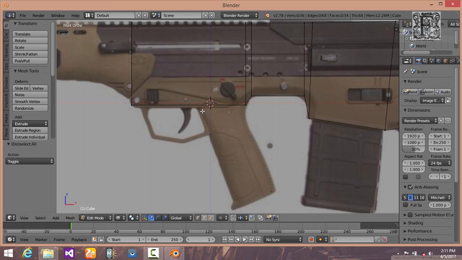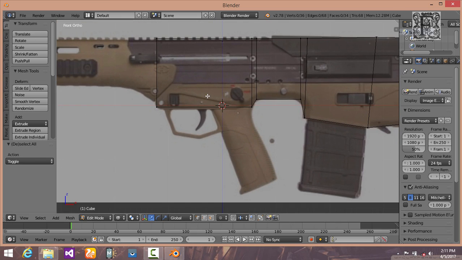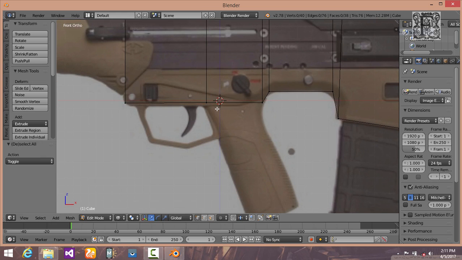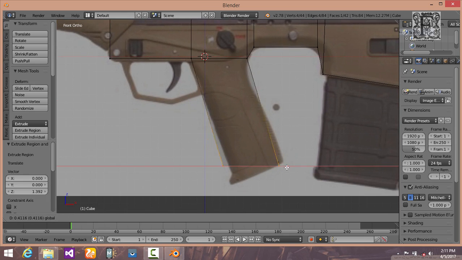Now let's extrude this part first. Make a loop cut over here, drag it here, and then select these two parts. Extrude it, extrude it right to here. Okay, now grab it,